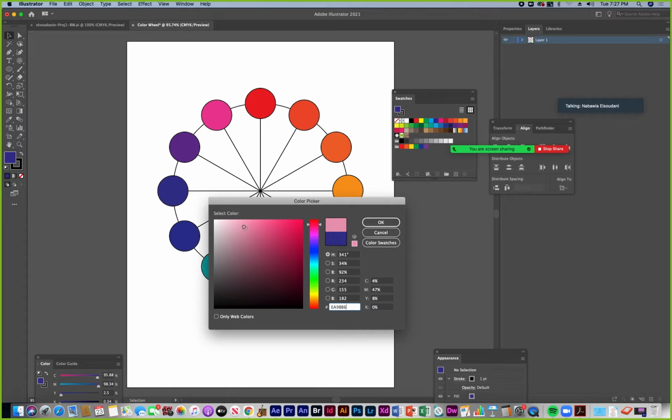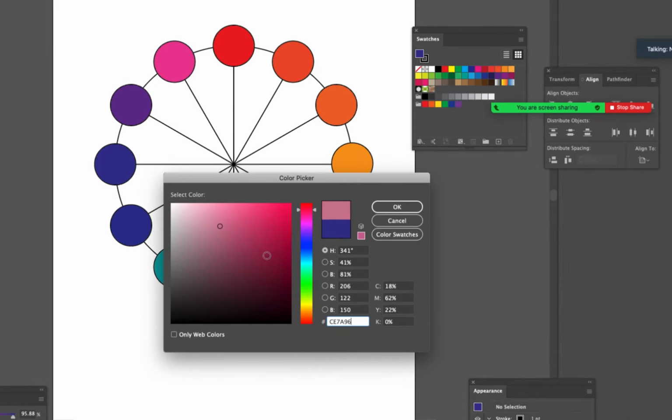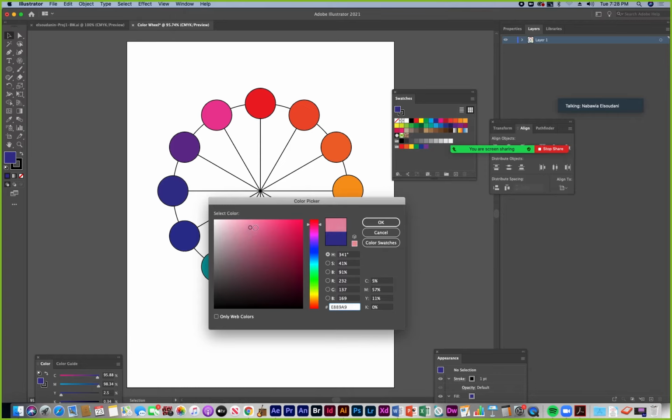You can use any value in a color scheme. You choose your hues for your color scheme, and then you can alter the colors in value and intensity, which we're going to talk about, which is also known as saturation. You can alter saturation and brightness any way you'd like.